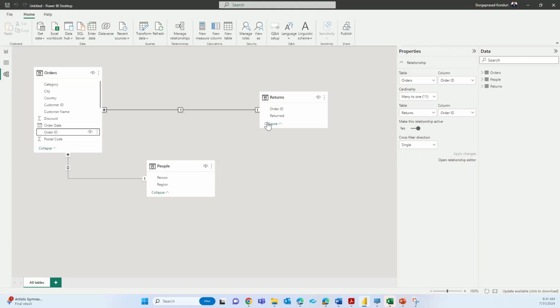See, if it is one and it is showing star over here, the star represents many, one represents one. Okay. So this is a one to many relationship forwarding from returns to orders. Okay. Do you understand the relationship? Yes, sir. And if you don't understand, check on the properties tab where you are able to see whether this